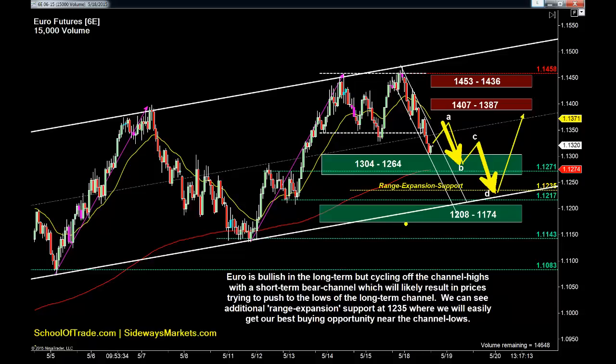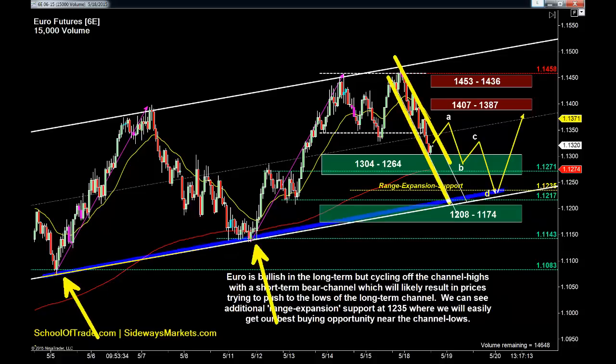How long will it take? I don't know, right? Maybe it's tomorrow, maybe it's the following day. We'll have to wait and see. But looking at this bear channel short term, and knowing that we have a bull channel in the long term,